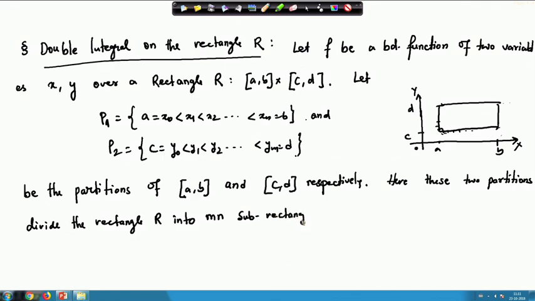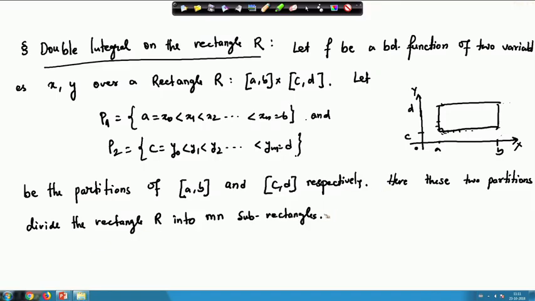All right, because we have n number of intervals in this direction, m number of intervals in this direction. So, the number of rectangles will be m times n sub rectangles, and the area of this sub